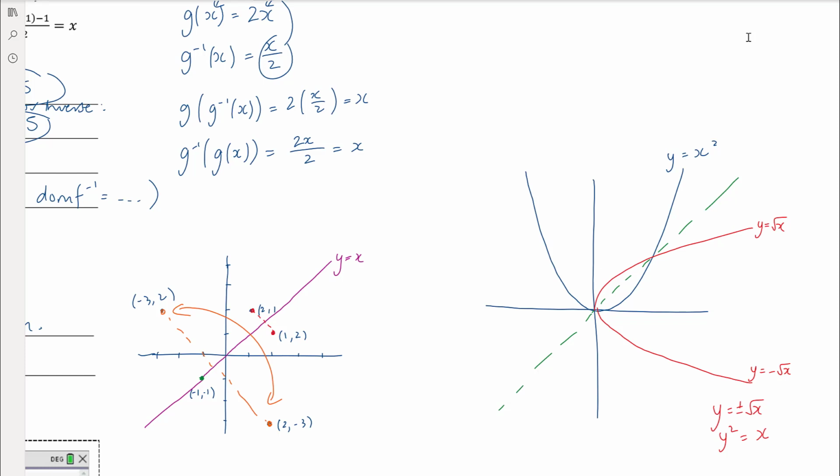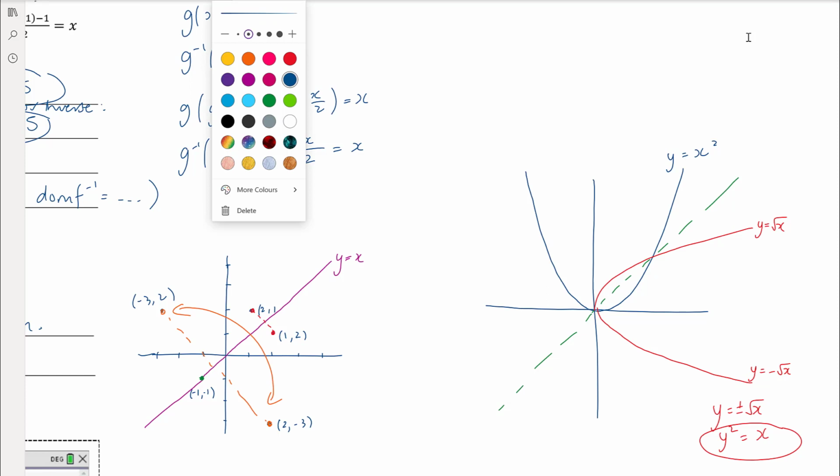Okay. Now, what you'll notice here is that the inverse y squared equals x is not a function. It fails the vertical line test. And that will be true if the original function fails the horizontal line test, i.e. if it is not a one-to-one function, then its inverse will fail the vertical line test and not be a function. Okay, so therefore, in order for a function to have an inverse function,